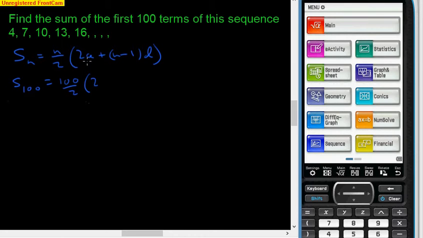2a, now a is the first term, which is clearly 4. So it's 2 times 4, plus n minus 1, that's 100 minus 1, that's 99. And d is the common difference, which is, we're adding 3 each time, so it's plus 3. So we're just going to work out what this comes to, and that should give us the sum to 100 terms. Here we go. 100 divided by 2 is 50. 2 4s are 8. 99 times 3, 300 take away 3, 297. And that equals 50 into 8 and 297,